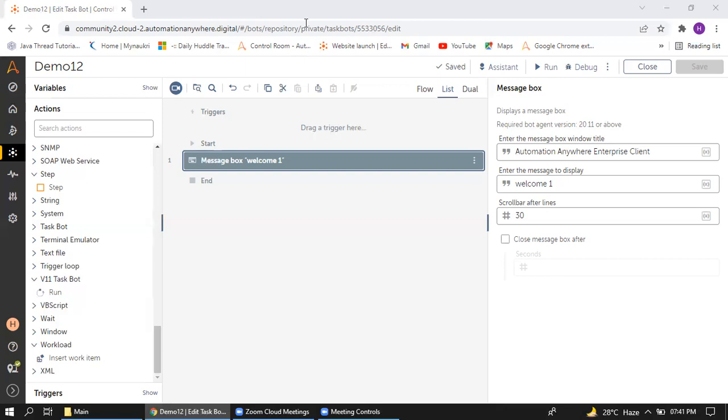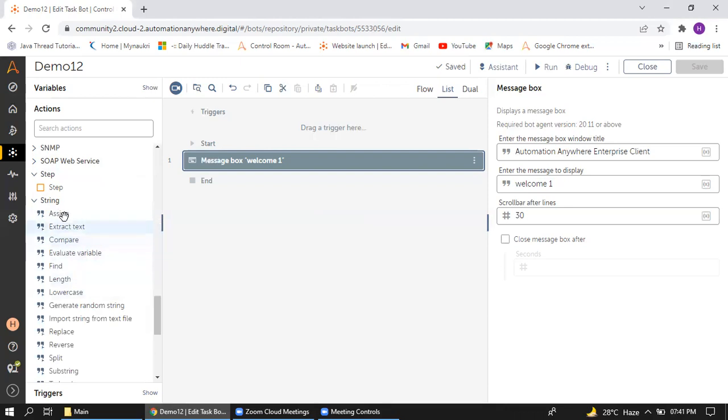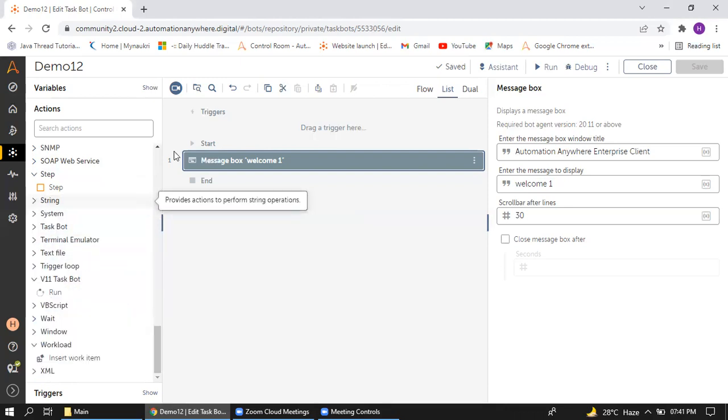Is there any difference between V11 and A2019 for the same process, based on requirements per task? When you do it in V11 and A2019, it's the same logic, right? Yes, we can, but the actions will be different. We use one string action, and in V11 there will be different actions. Actions will change.